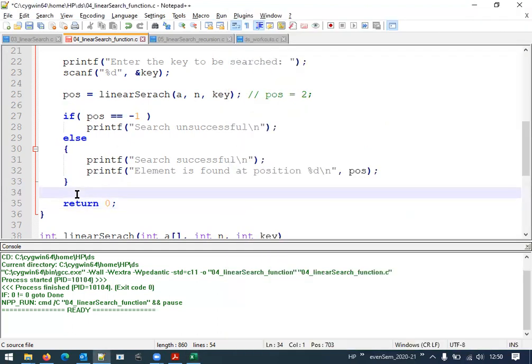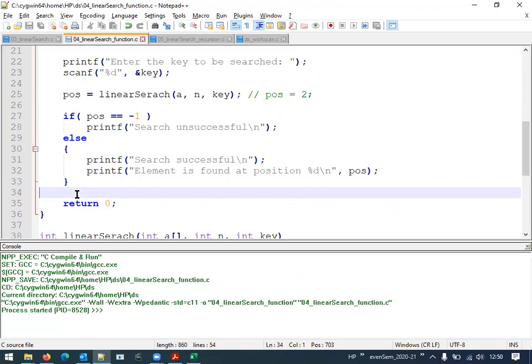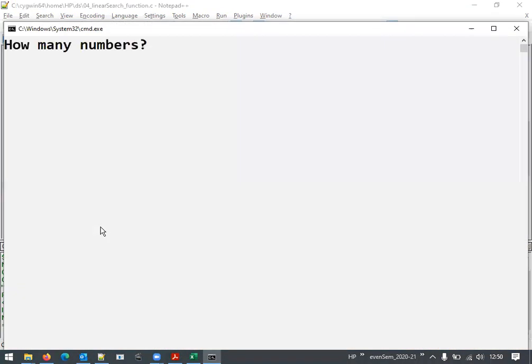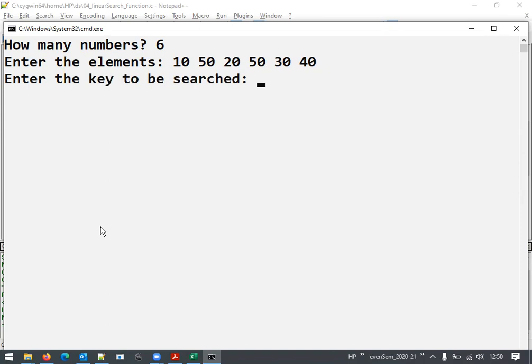Now, let us execute this program for both these scenarios and see whether it behaves as expected. How many elements? 6 elements. The elements are 10, 50, 20, 50, 30 and 40. These are not the same elements which I took in the explanation, but let it be. Next, enter the key to be searched.